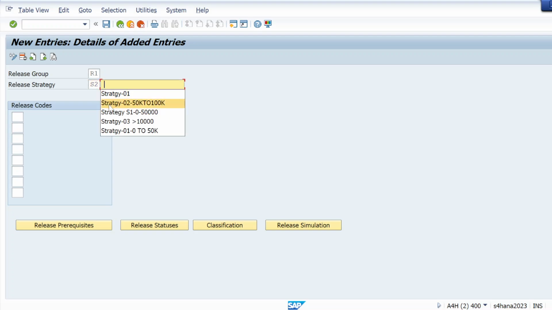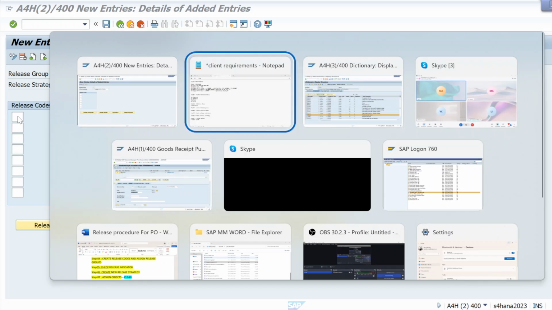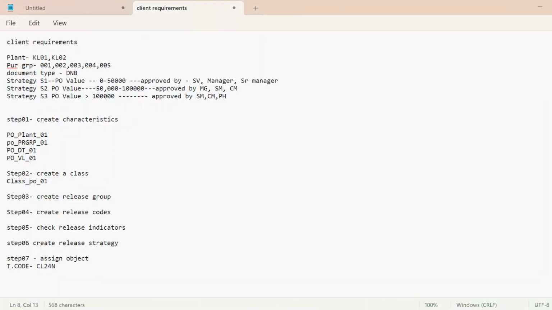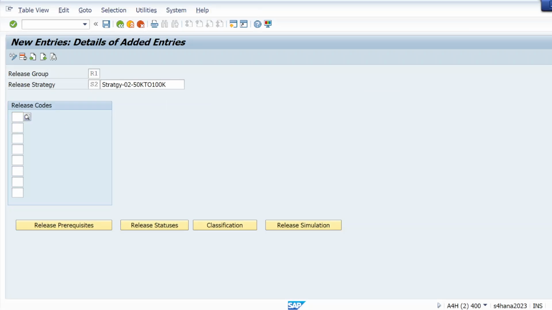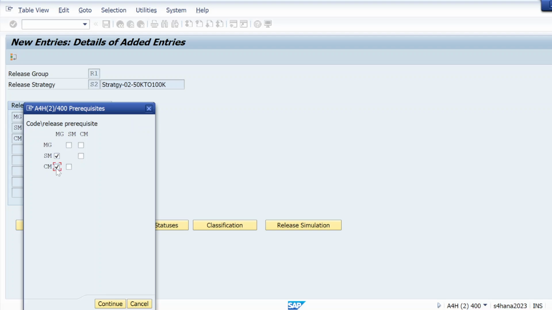Let me give strategy 02 from 50,000 to 100,000. In that case, who will be the approver? The approver will be manager, senior manager, and chief manager. Hit enter, go to release prerequisite, select all these three, continue,